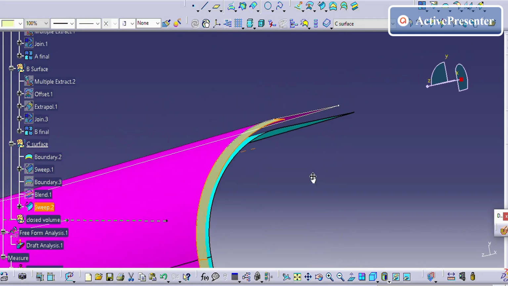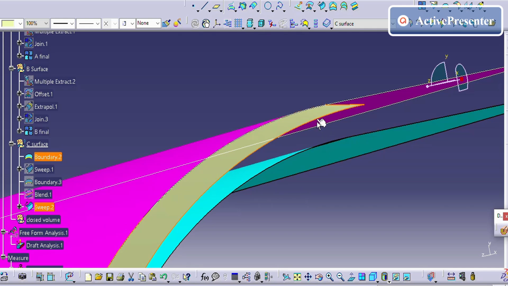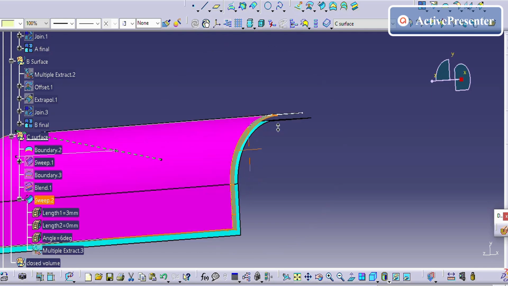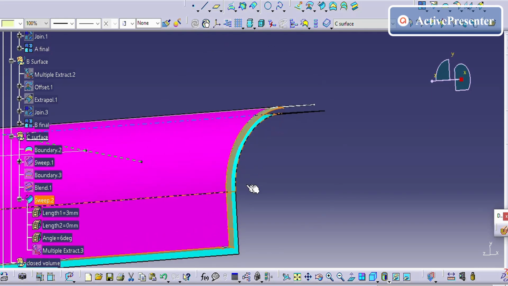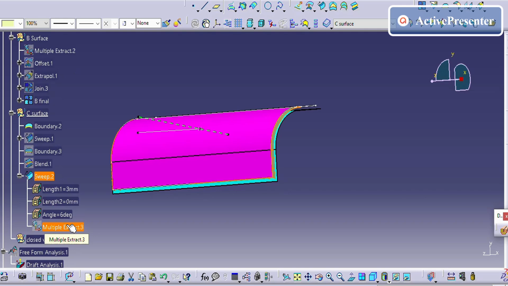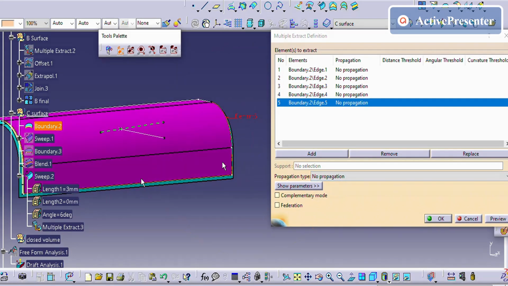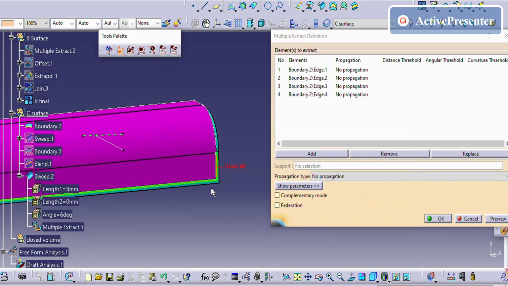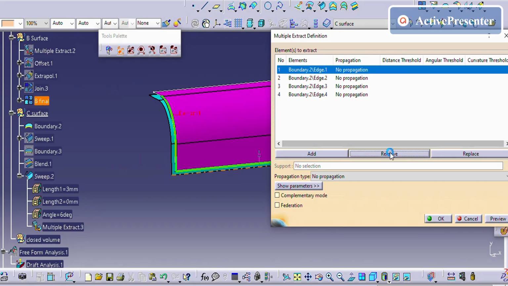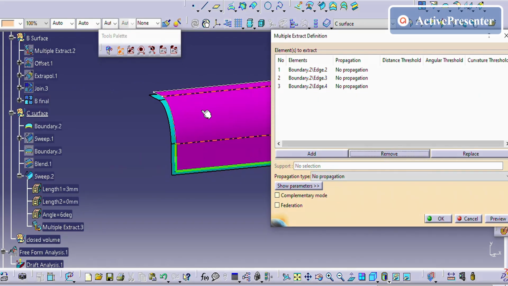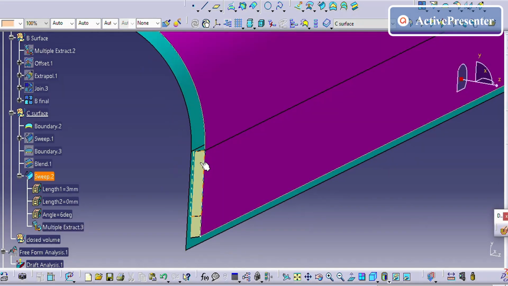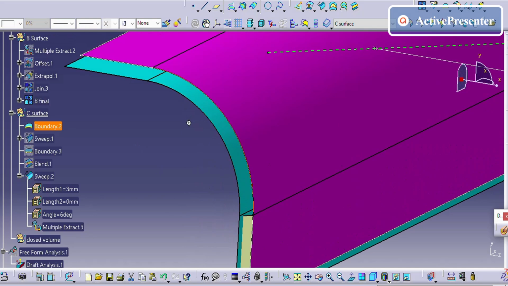See, even though I am trying here, I am not getting a proper surface, right? So once again I need to modify it. Till here I will stop. Instead of selecting this curve, I will stop at this edge. This is element 5. I have removed element 5, and this first side we removed first. That is why we are doing multiple extracts. It will be easy to control. So till here it will be okay. This surface alone, what I will do, I will